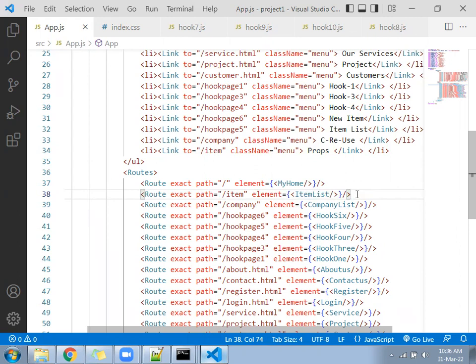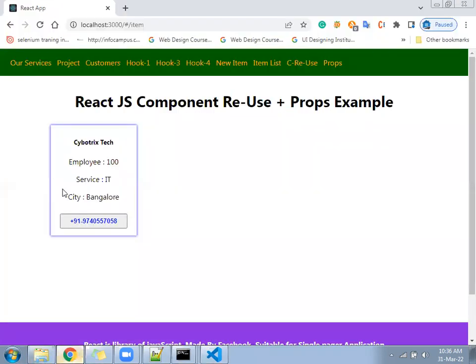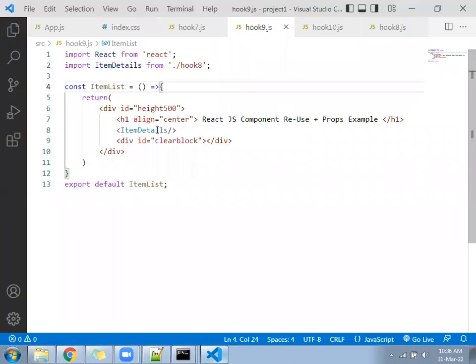Yes, we are getting the details of one company, sorry, one item, and your page is loading as well. So this we will make based on properties. Which component am I calling here? Under hook 9, I'm calling item details.